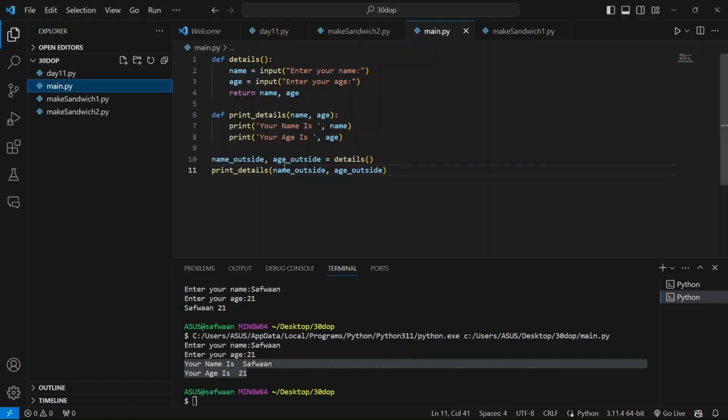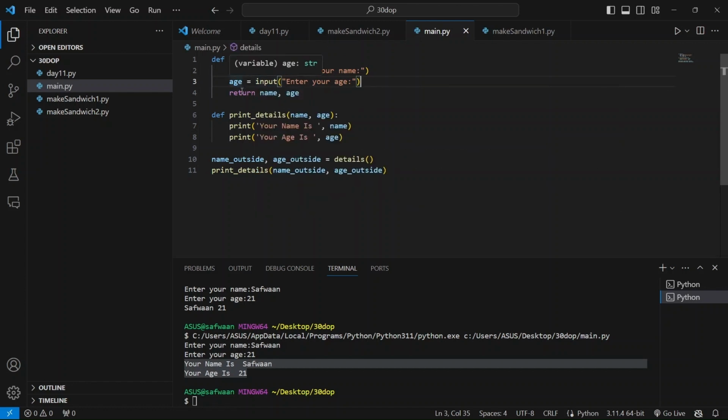So I will give you an example where this is useful. So let's say you want to collect details of a particular person, right? You usually have a series of input statements, and then you can just have a function called details, which will collect the name, age, phone number, or class, section, department, university, all those details, right? You can put it in a function and then make it abstract, so that it is easy to read the code. So this define details function gets the name and the age from the input, and then once it is